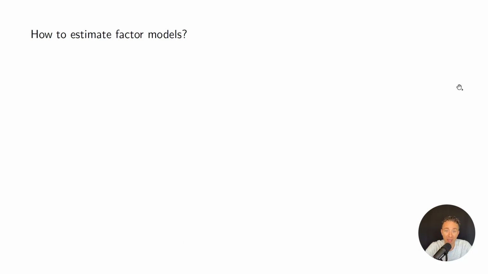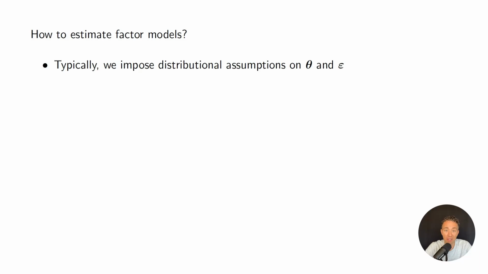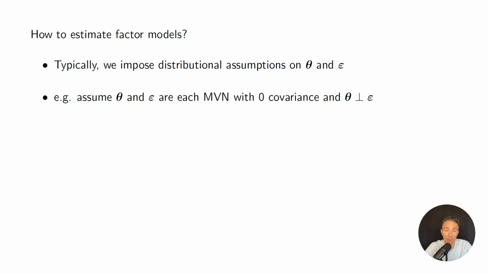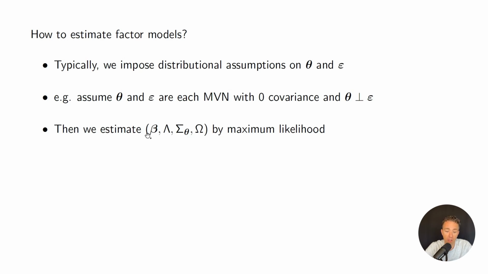The question of how to estimate factor models is basically that we impose distributions on theta and epsilon, and then once we assume that they're, for example, both multivariate normal but independent of each other, then we can just estimate the parameters by maximum likelihood. So we can get the coefficients on the covariates in the measurement system, which is beta from a prior video, the factor loadings, the variance covariance matrix of the factors, if we haven't normalized it to identity,